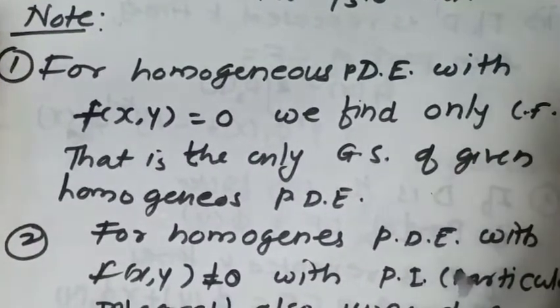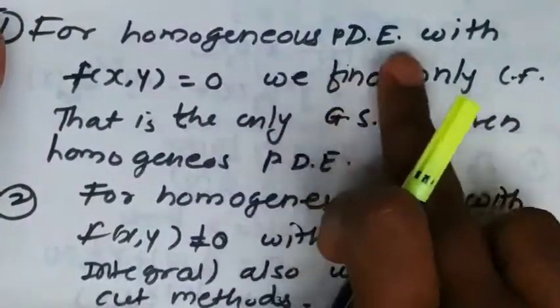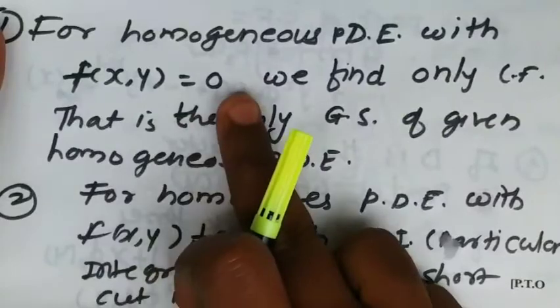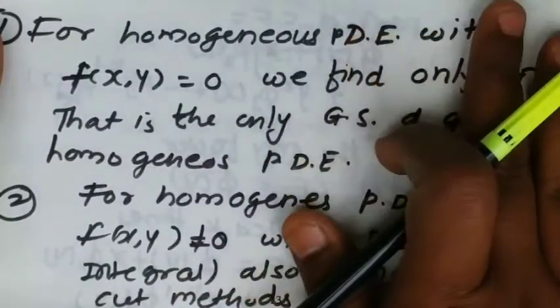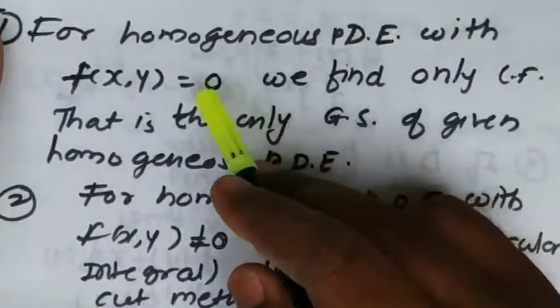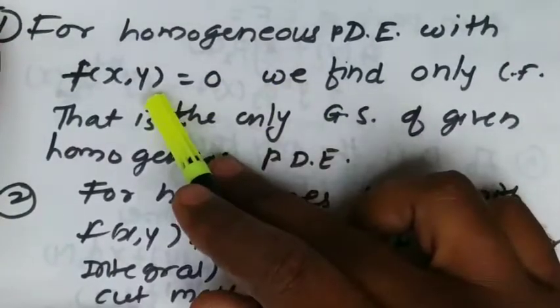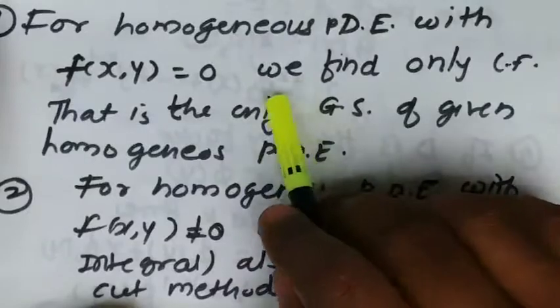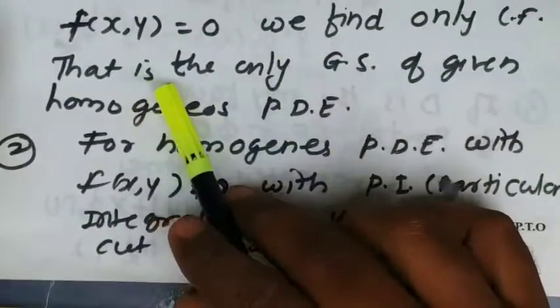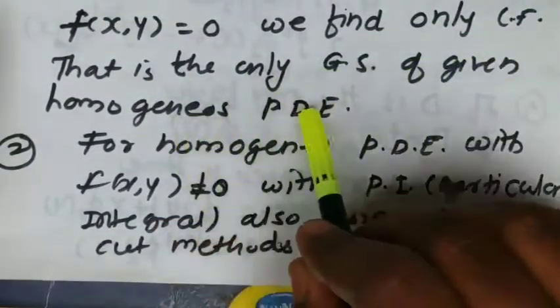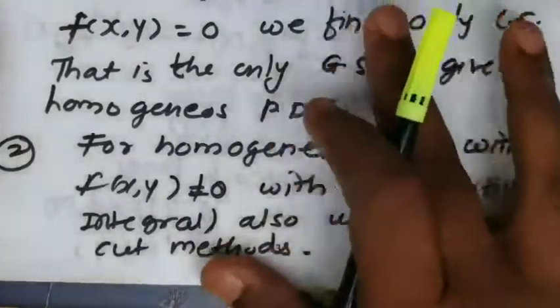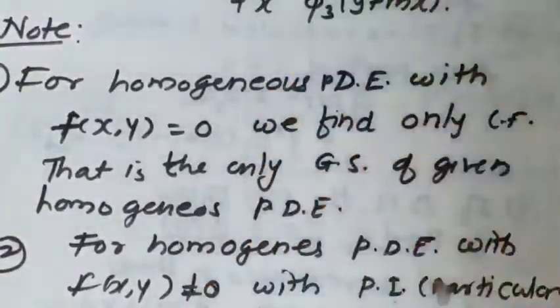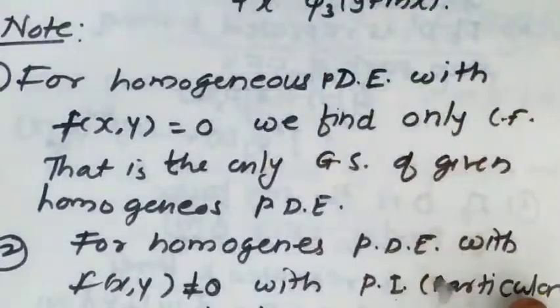Now, a few notes regarding this. For a homogeneous partial differential equation with f of x comma y equal to 0, if your partial differential equation is homogeneous and the right hand side of the differential equation is 0, where f of x comma y is the right hand side of the partial differential equation, in that case we find only the complementary function, and that is the general solution of the homogeneous partial differential equation. So whenever f of x comma y equal to 0, you just have to calculate the